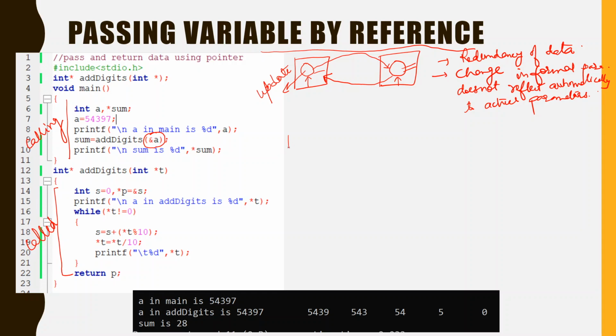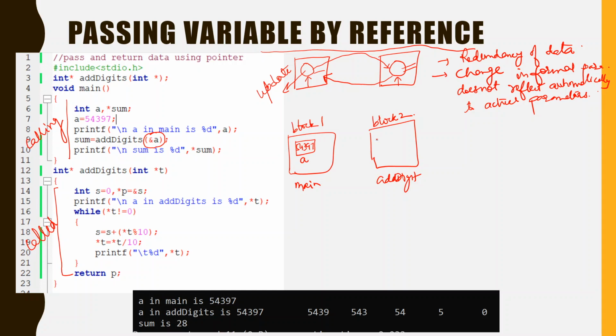Suppose this is block 1, for the main function, and there is another block for the add digits function, which is block 2. Now from block 1 to block 2, while copying the value by passing the parameter by value, suppose a has the value 54397.